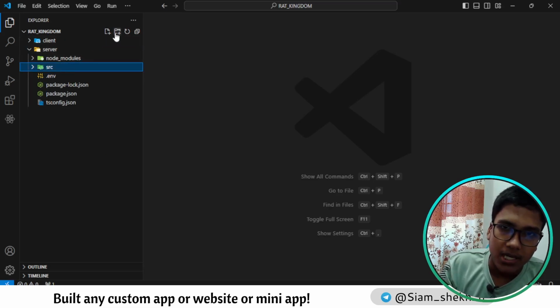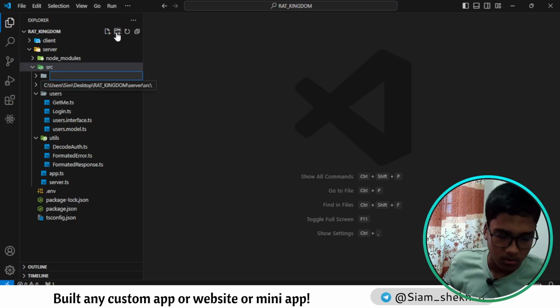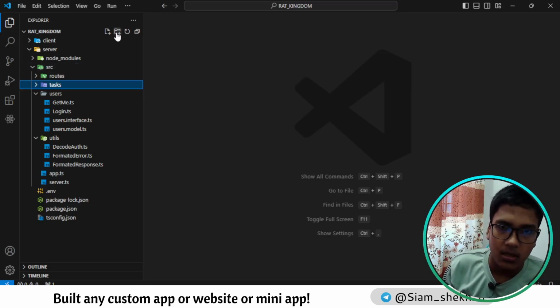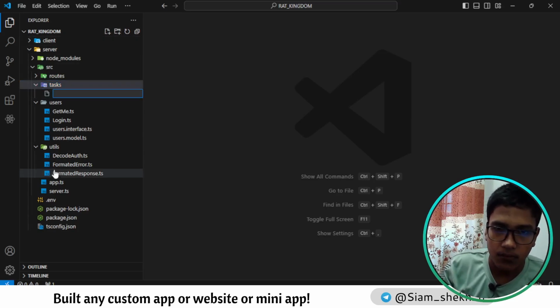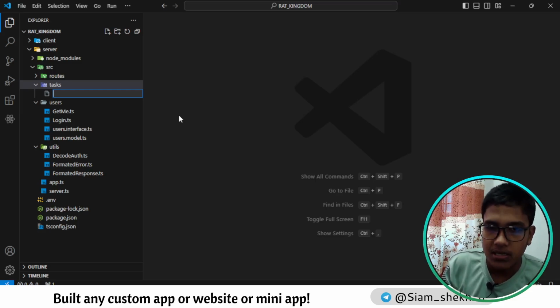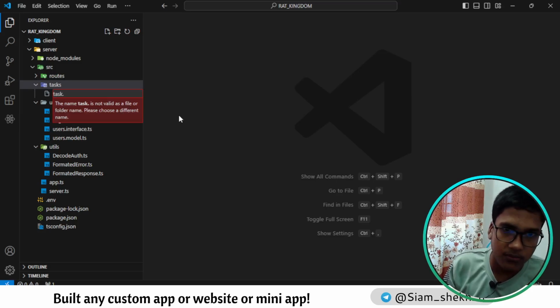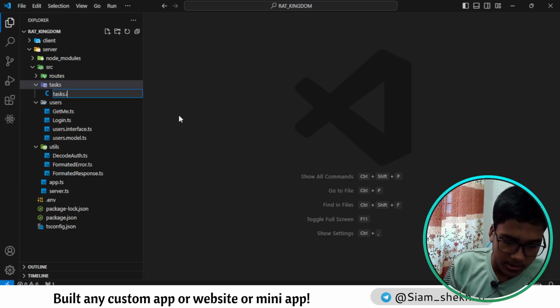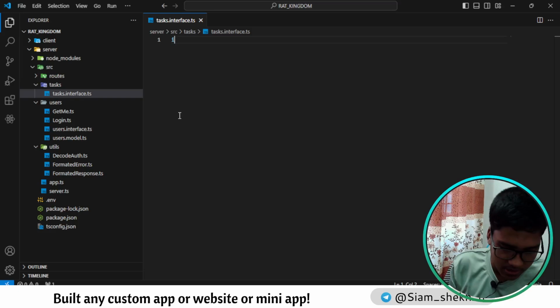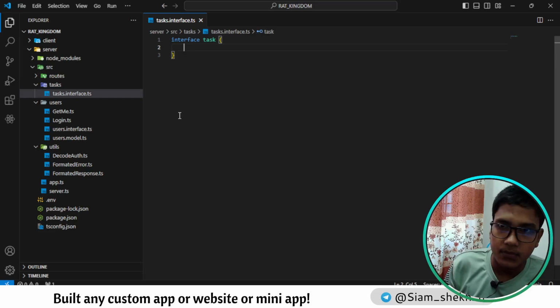Now we are going to create a folder where the folder name is tags, for creating a tags database collection. So we need to create an interface, a model, and third one is the operation. So first of all we're going to create the interface. I'm going to create a file that is tags.interface.ts. Now here we're going to create an interface, and the interface name is tags, single tags, and here